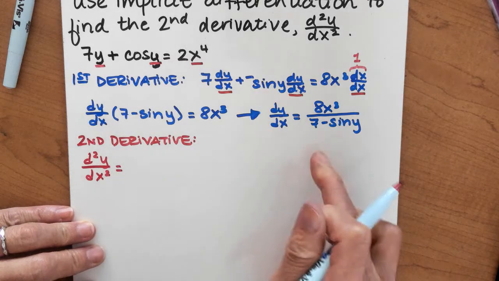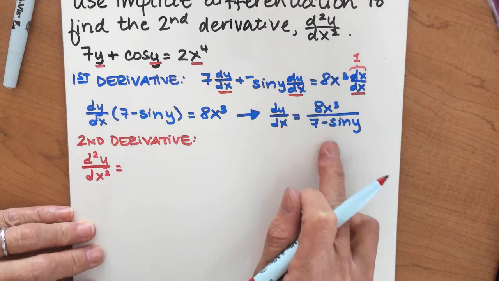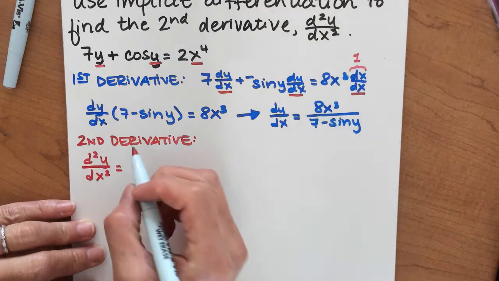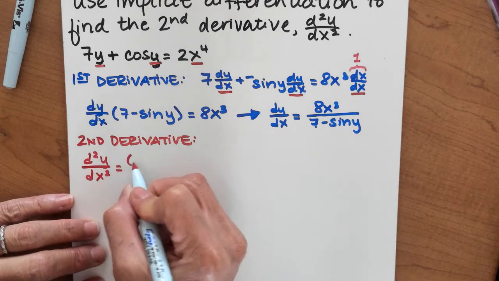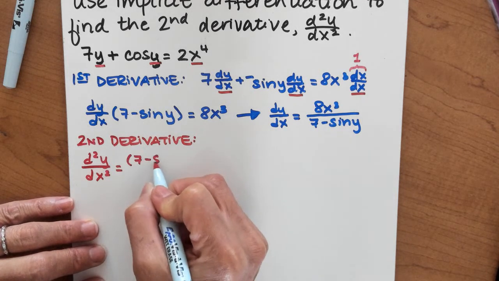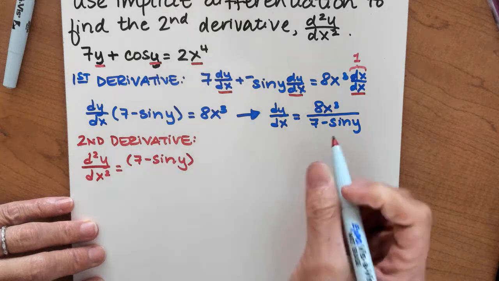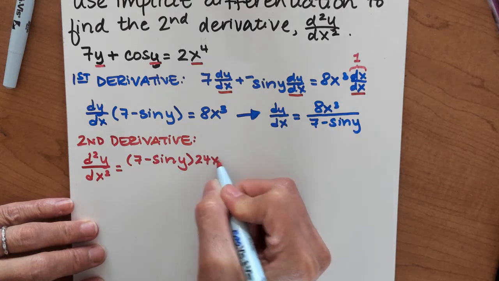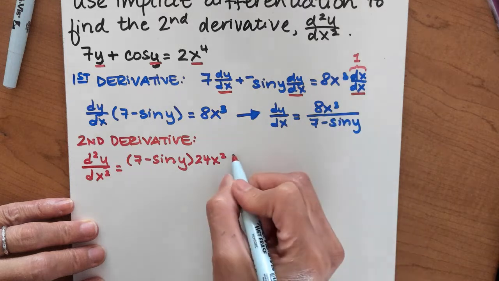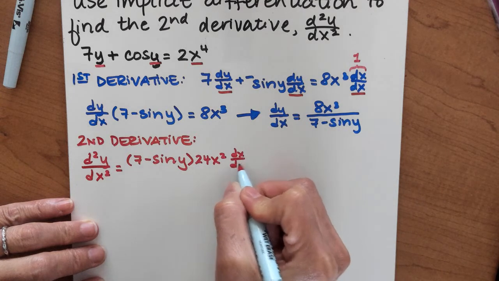And I'm going to need to use the quotient rule because my first derivative is a quotient. So the quotient rule says the derivative equals the denominator, 7 minus sine y, times the derivative of the numerator, which is going to be 24x squared, and then of course the derivative of x is dx/dx,